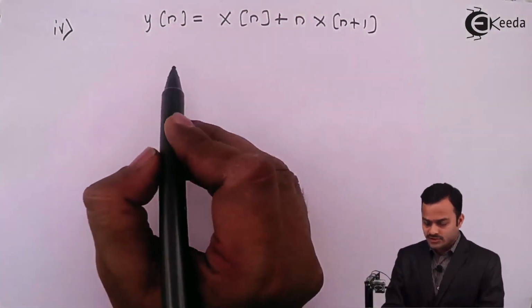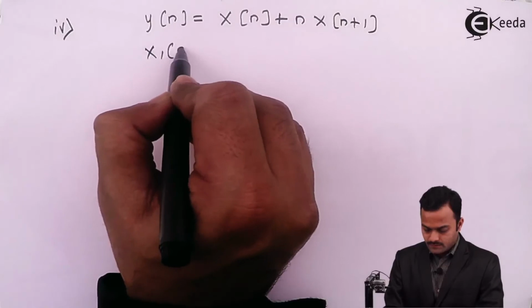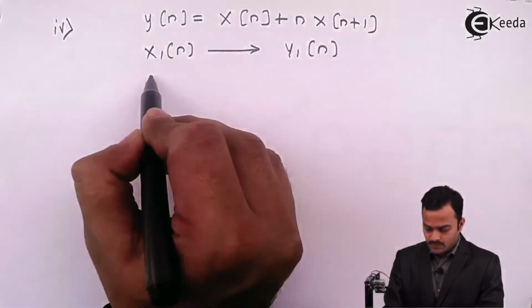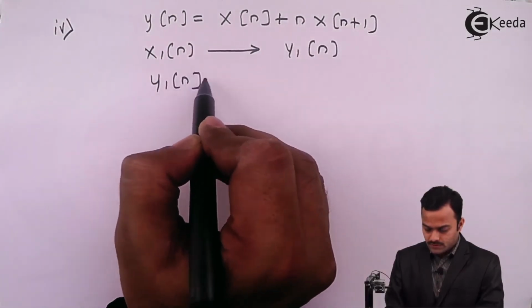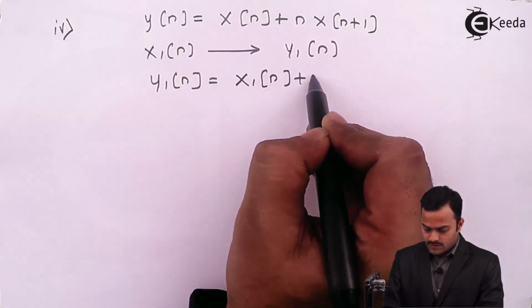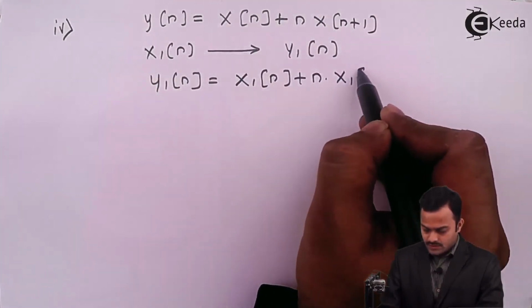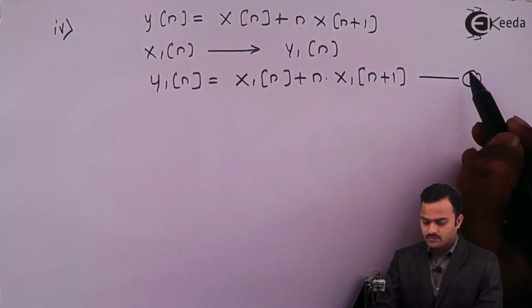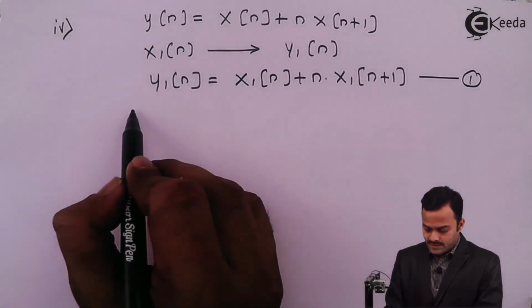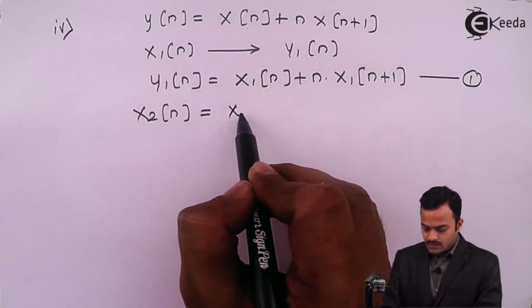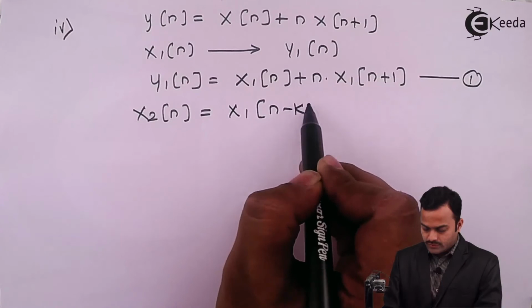Our input is applied to the system, which is x1n, and corresponding output is y1n, which is nothing but a signal as it is plus n is multiplied with a time shifted version of x1, equation number 1. Second signal is x2n, which is nothing but a time shifted version of the original signal,